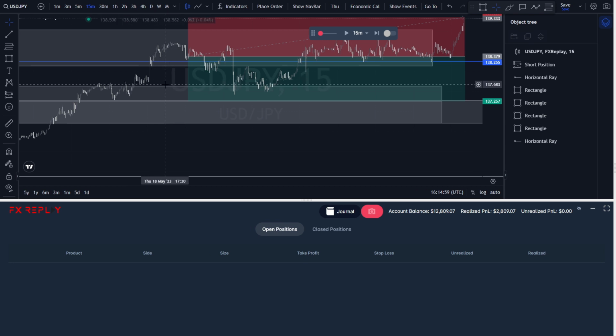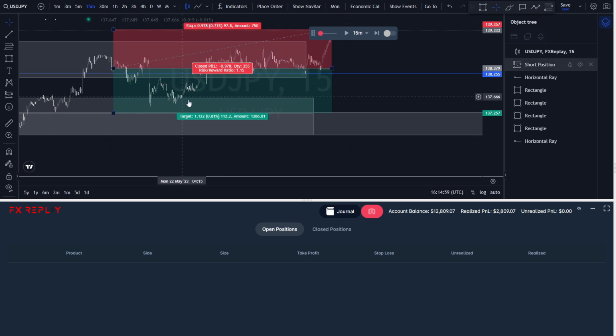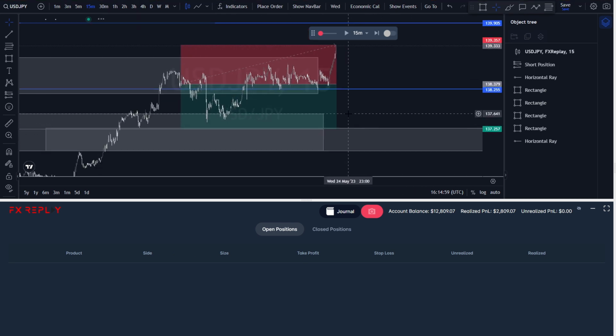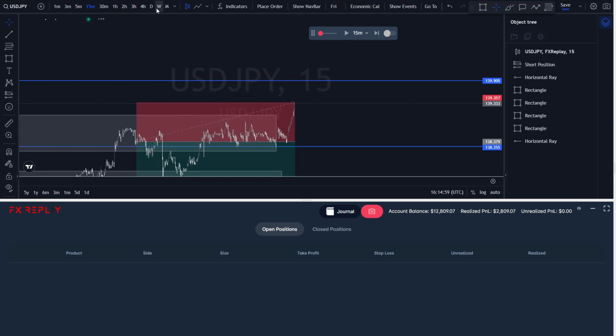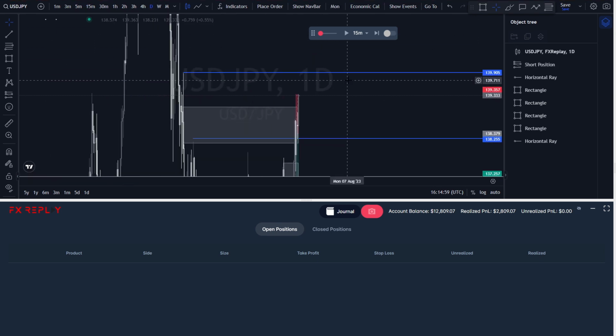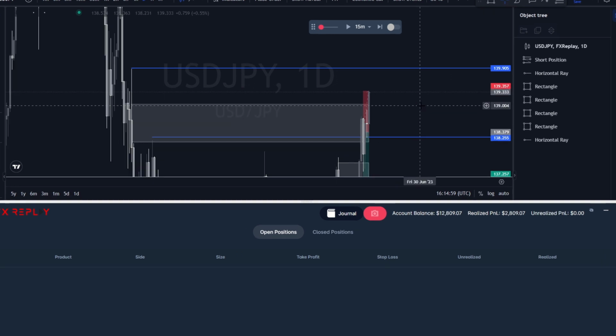Or maybe I could have placed 2 take profits. One should have been this area of liquidity, and the second one should have been the beginning of the fair value gap, so that I would have at least gotten 1 take profit. But other than that, I don't know what I did wrong. And I think if it reacts with the daily fair value gap from back there, then I'm definitely going to enter for a short. But let's just see how the next trade goes.